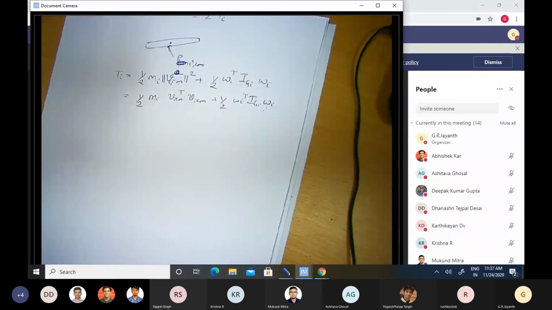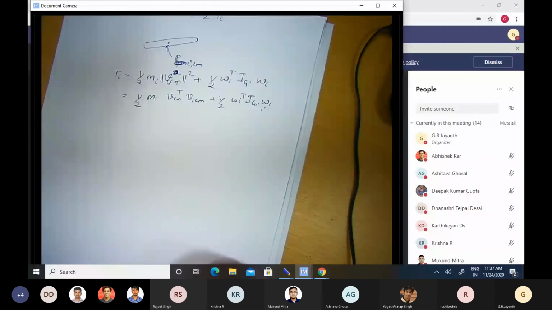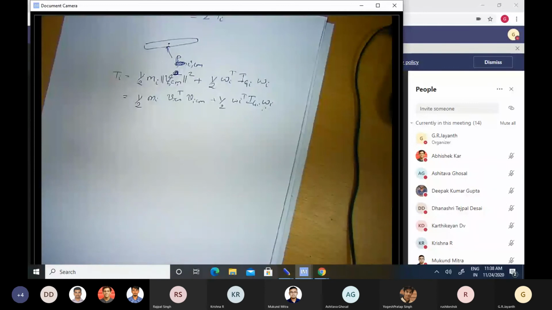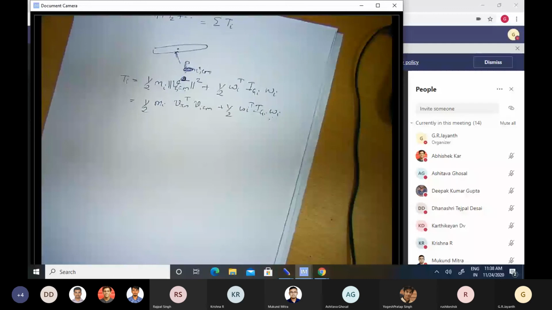If you chose the body fixed frame, for example, the angular momentum vector will again have a constant component and a component rotating about the x-axis in the body fixed frame. It will have x and y components, both of which change with time. Then there will be a differential equation that you have to solve to obtain the relationship between the rates of change of those components and the moments acting on the system. You can do that as well. It just requires you to solve a differential equation to get the reaction forces.